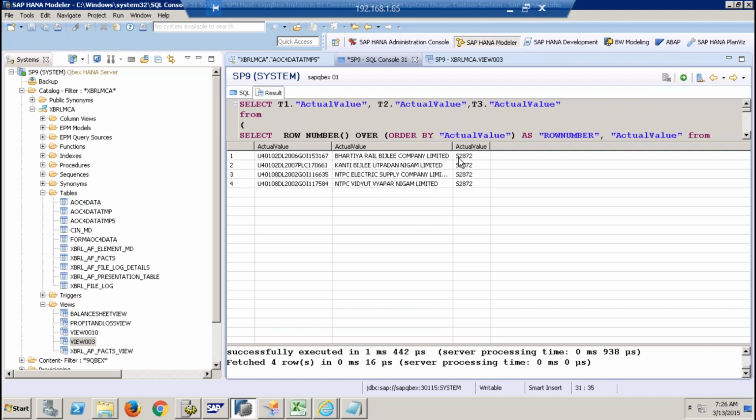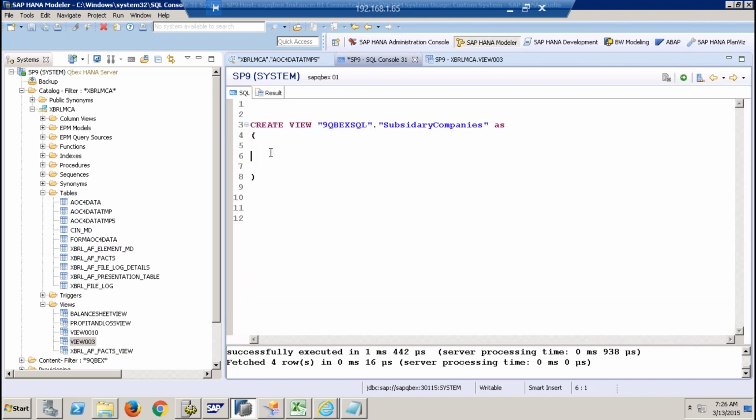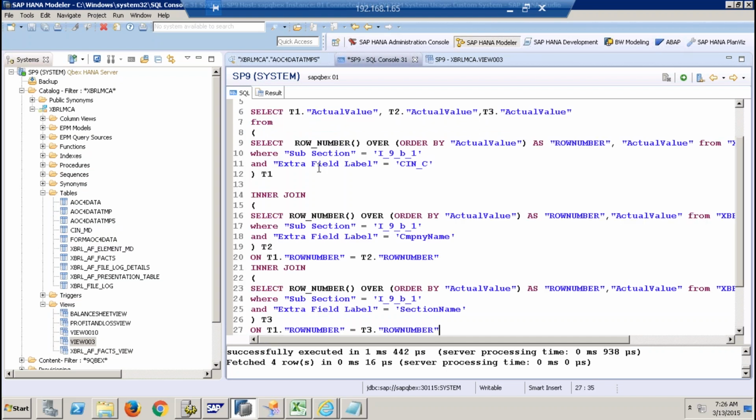I got all this data sitting in one place. Okay, boss. I'll take this select and I'll put it inside what? Create view so and so as